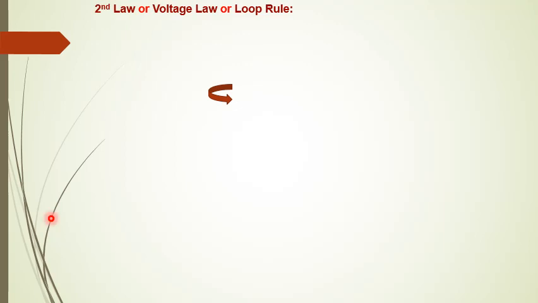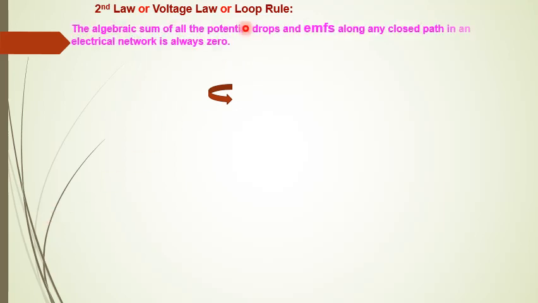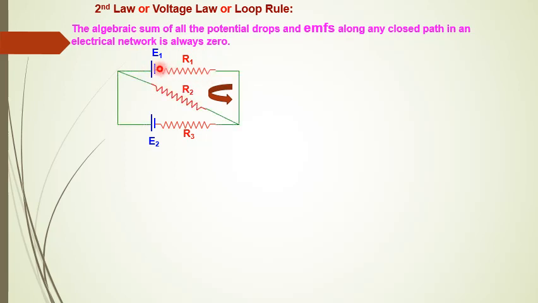Second law or voltage law or loop rule. The algebraic sum of all the potential drops and EMF along any closed path in an electrical network is always 0. Here we can see the diagram. The two batteries E1 and E2 are connected and three resistors are here, R1, R2 and R3. Now we can see the direction of current. I1 current is flowing like this and I2 current is flowing like this, and at the junction AC the current is I1 plus I2, and I2 current is flowing from C